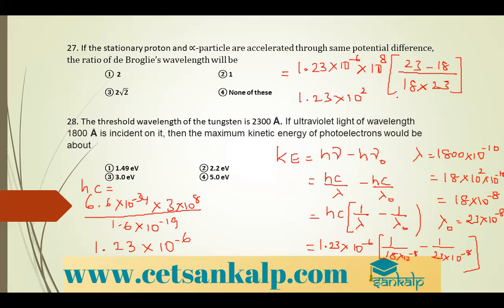So this is 5 divided by 18 into 23. So 18 into 23 is 414 and